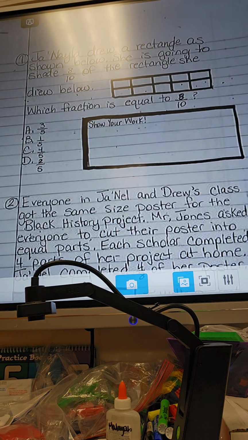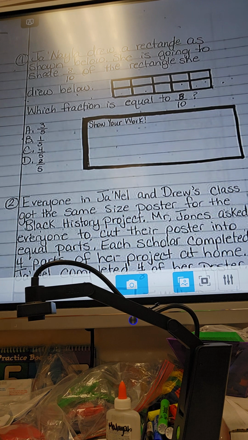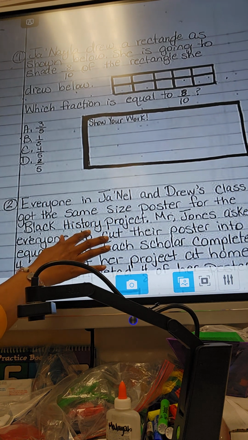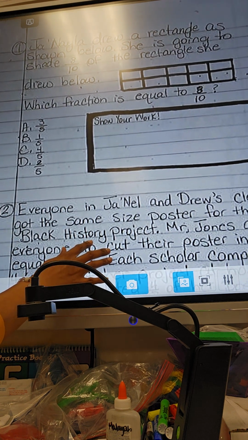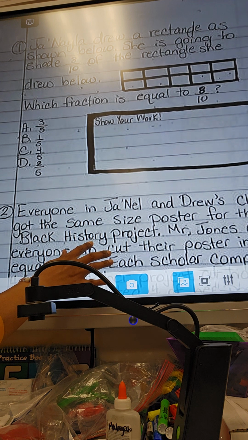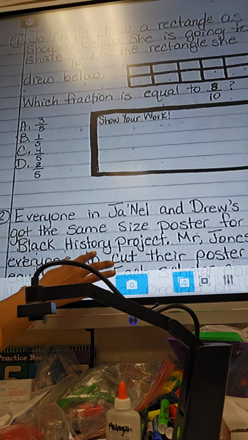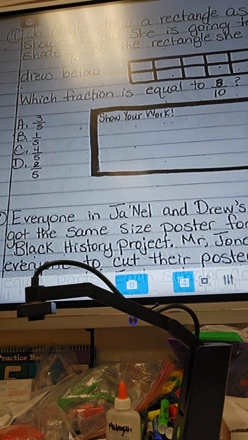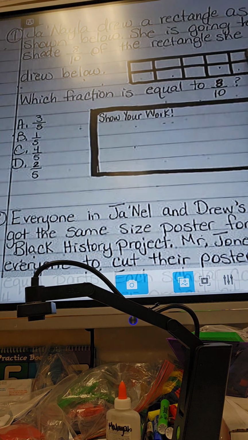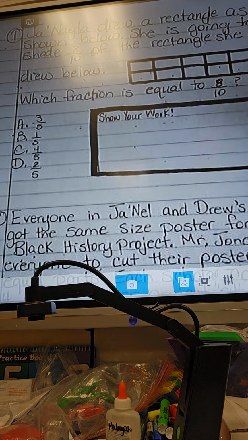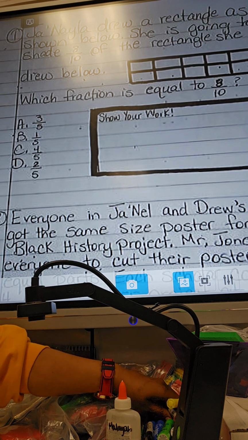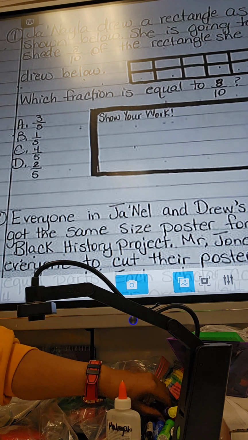Janila drew a rectangle as shown below. She's going to shade 8/10 of the rectangle she drew below. So this is the rectangle that she drew. Which fraction is equal to 8/10? So when I look at 8/10, I see